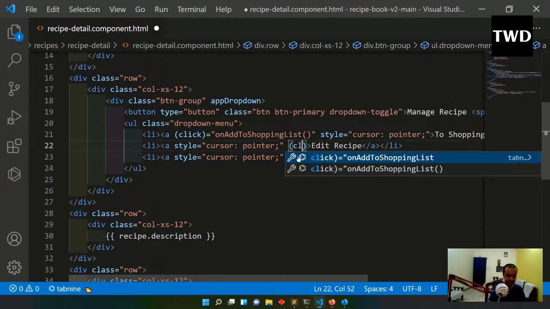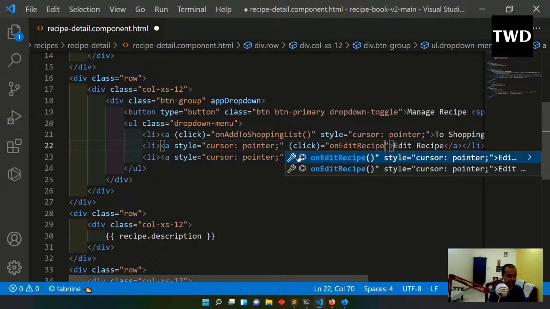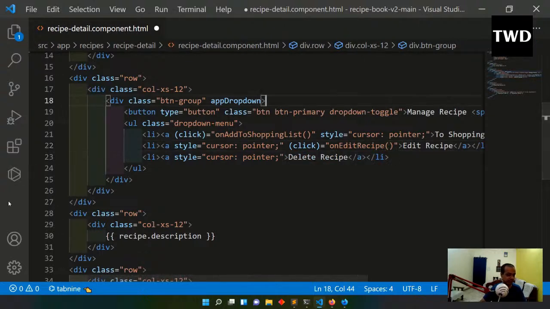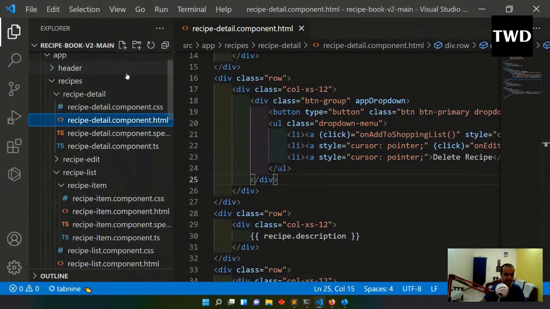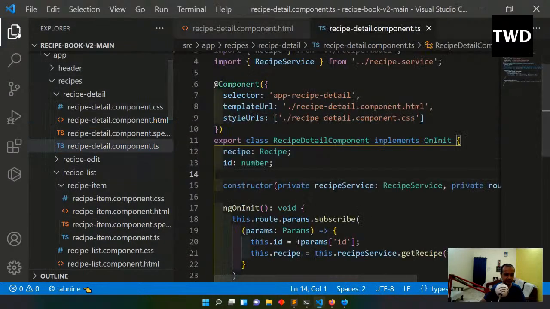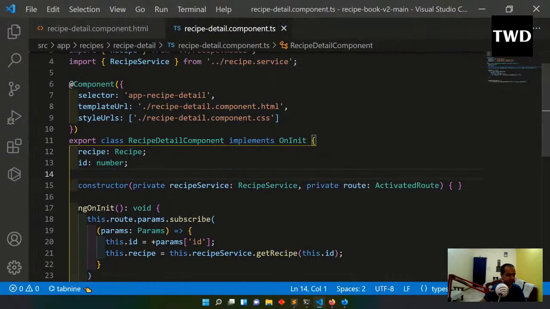Here the click handler will be calling onEditRecipe. On edit recipe it is calling. Then, let me save it, we'll go to the recipe-detail.ts file, and here